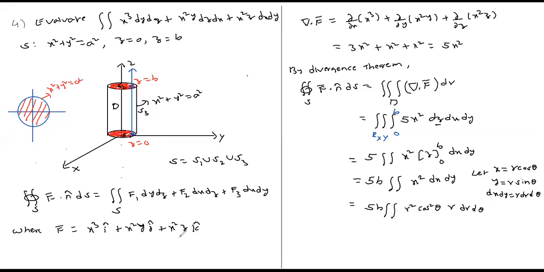And what are the theta limits of integration? For theta limits, you have to draw a ray passing through the region, and it is always entering through the origin and leaving through the circle. And what is the radius of the circle? a. So r varies from 0 to a, and you are doing a full integration on the complete circular region. Therefore, theta varies from 0 to 2 pi.